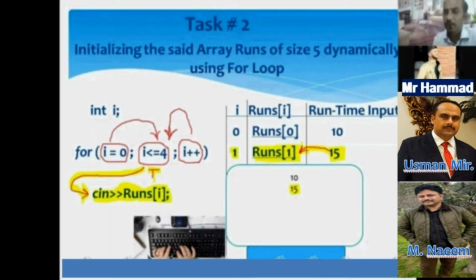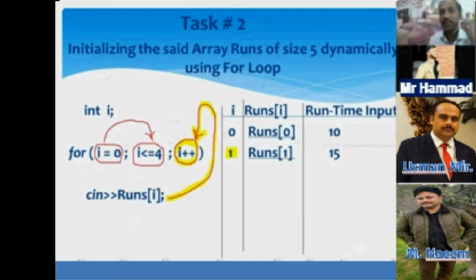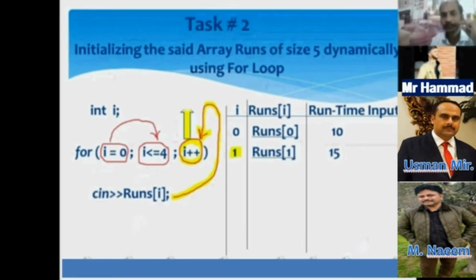Now another question to you. After the execution of the for loop associated statement, that one is the scanf statement, the control of execution will be shifted to which statement? Sir, increment statement. Okay, your answer is correct. I'm very happy. Now, do tell me, what is the current value of i? Sir, 1. i plus plus means add 1 to i. Okay, what will i's next value become? Sir, 2. Okay, can I write 2 over here in the column under i? Yes, sir. Okay, I have written that.